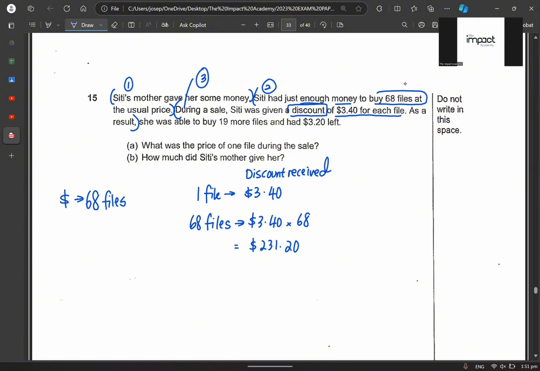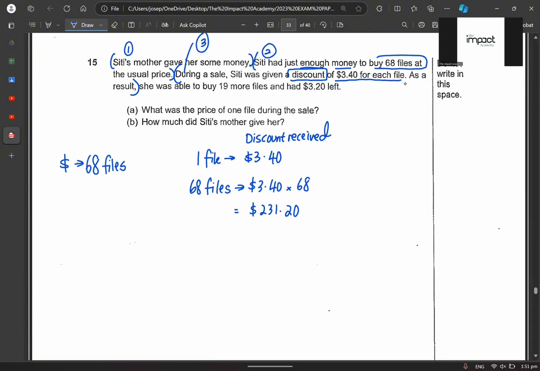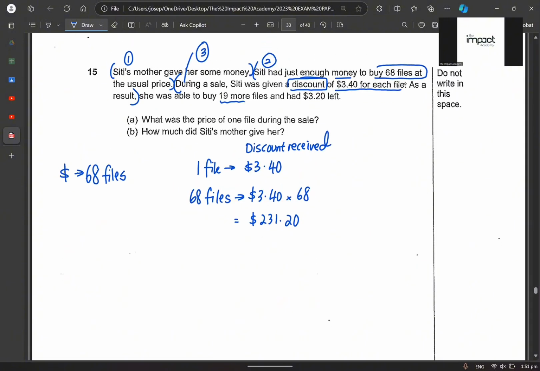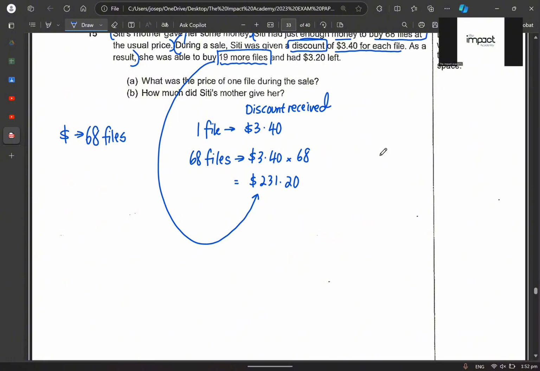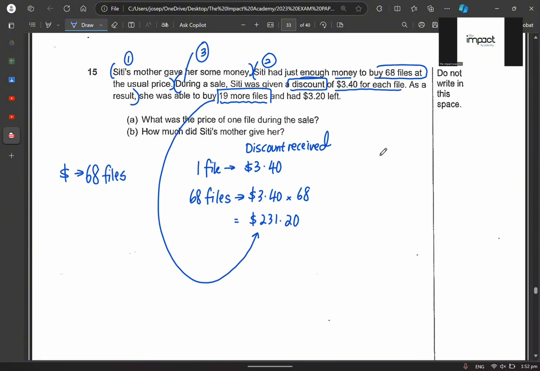Because of this discount, she was able to buy 19 more files. Now, why is it that she was able to buy 19 more files? Because these 19 files came from here. She went to the cashier, she said, I'm buying 68 files. And the cashier said, I'm just going to give you a discount. Each file, you're getting a $3.40 discount. So 68 files, you're getting $231.20. And what did Siti say? Siti said, okay, because of this